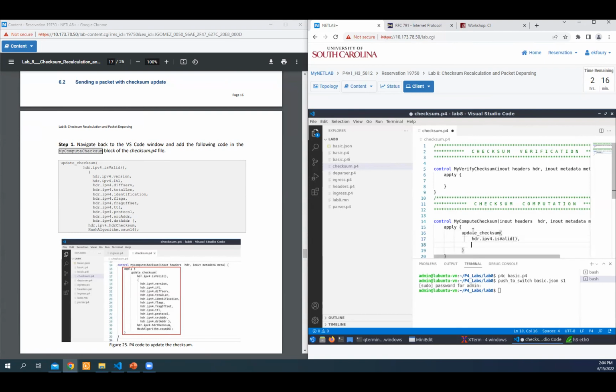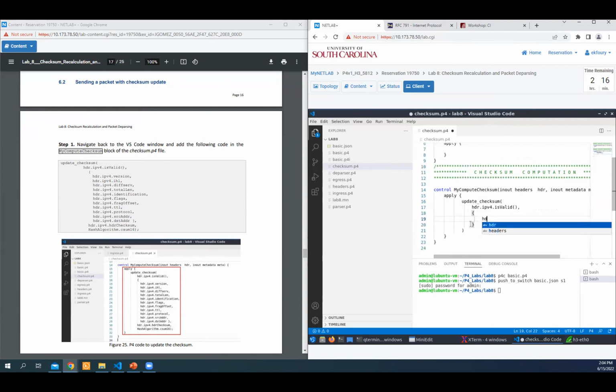The second one is the list of fields. So I will open the curly braces and then type them in. The first one is the IPv4.version, comma, to separate them. And then IPv4.IHL, IPv4 diffserv, then we have the total len, then we have the identification,